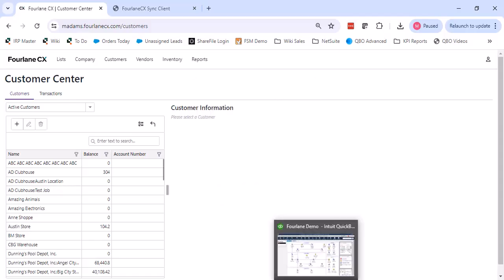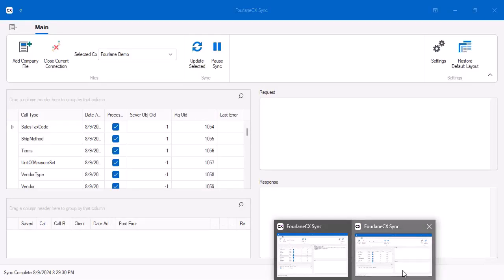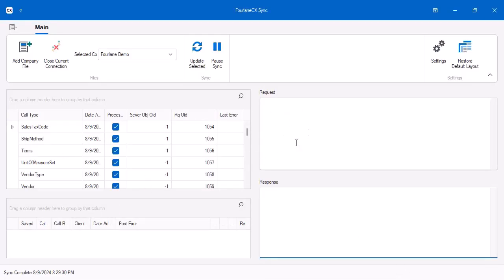If there are any errors for any kind of reason, then those errors will be displayed here under what the request is and what the response is. And if there are any errors, you'll also see them down below here. Times where we've seen errors have been in corrupt data usually. So having transactions that are missing